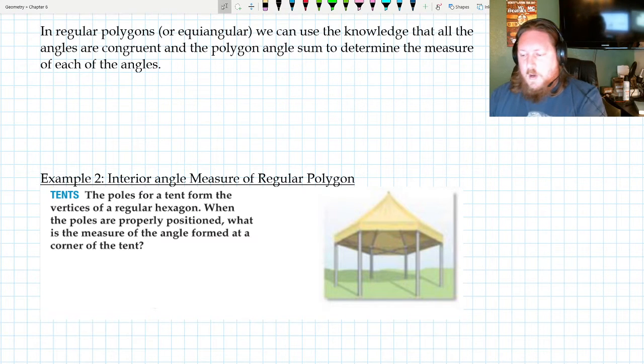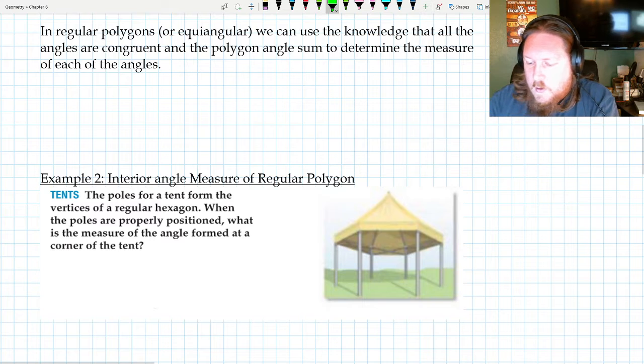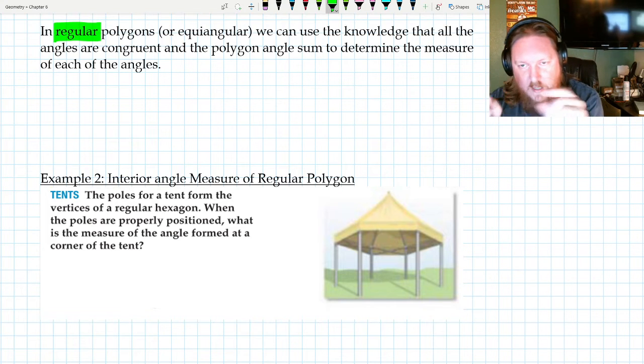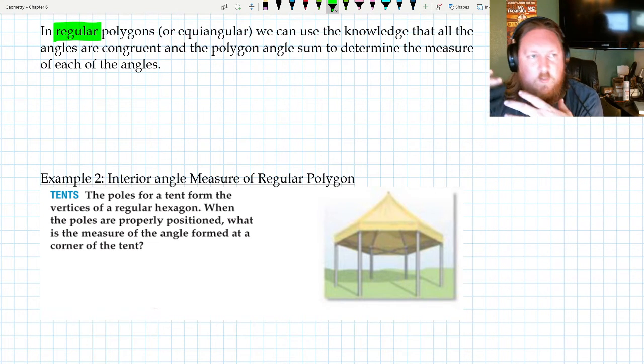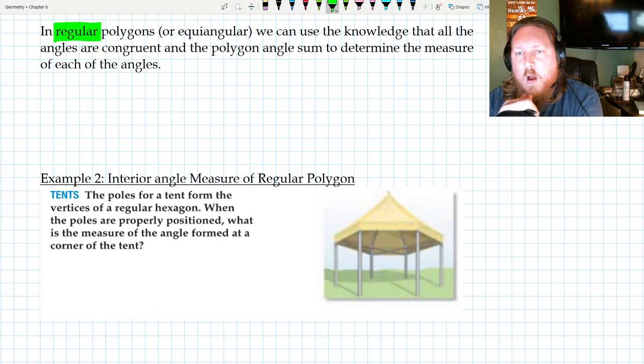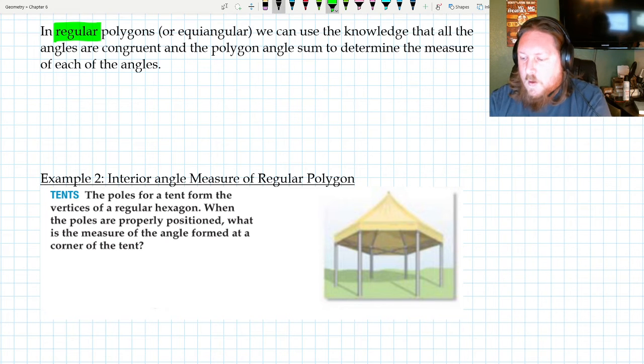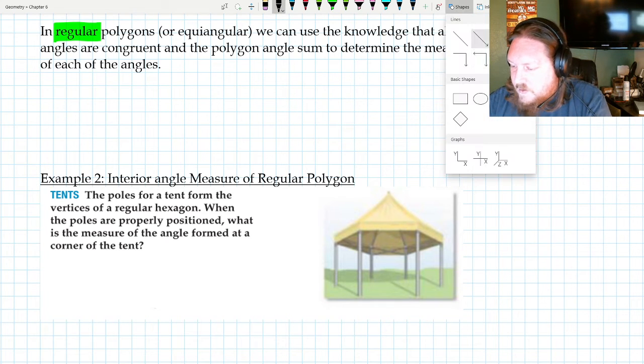In regular polygons, all the sides and all the angles are congruent. So this also works for equiangular polygons, but we usually just use it with regular polygons. We can use this knowledge to find out all the angles because they're all the same. So in something like a square,